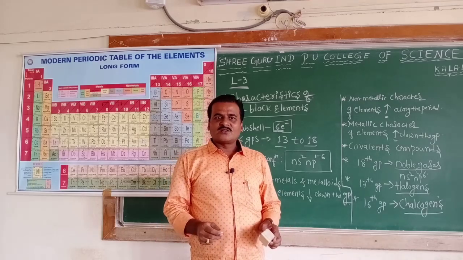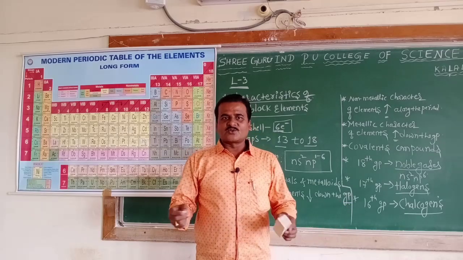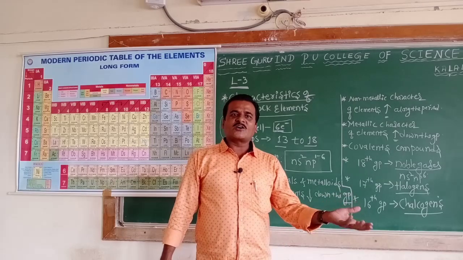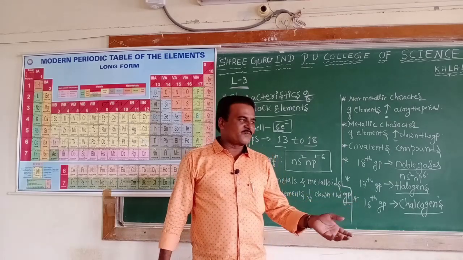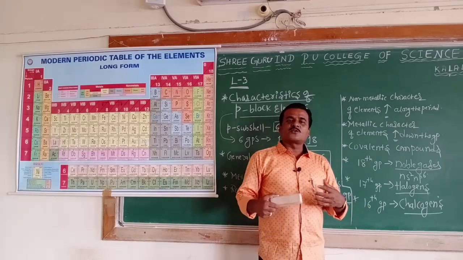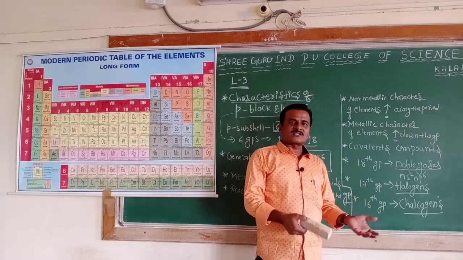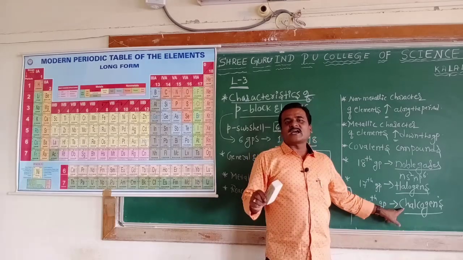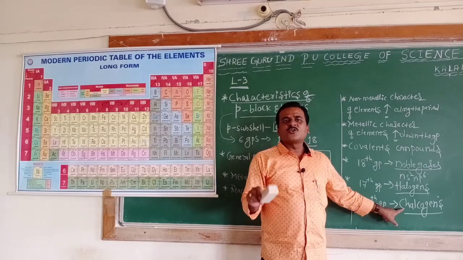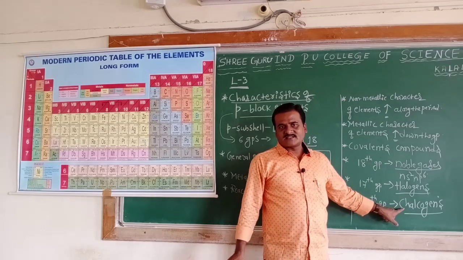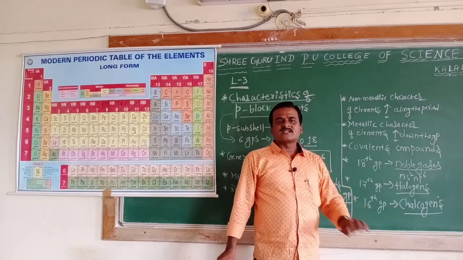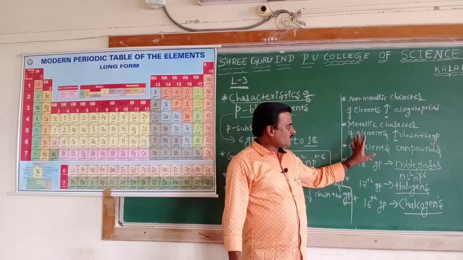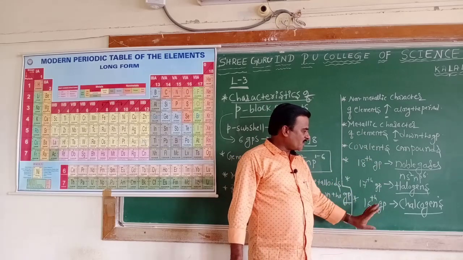As you know, the metal iron does not exist in the free state in nature. It exists in the oxide form and in the sulfide form. Therefore, most ores of metals exist as oxides and sulfides. Therefore, the 16th group elements are called chalcogens, which simply means ore forming elements. This is a brief account of the p block elements.